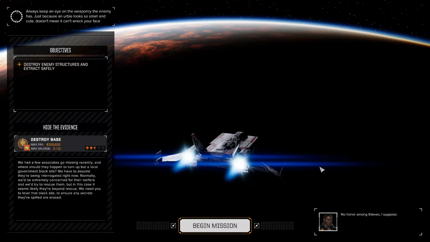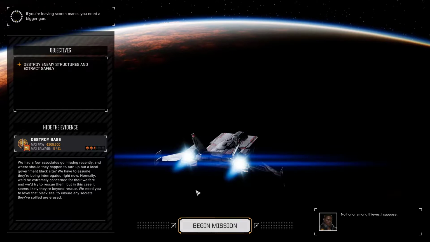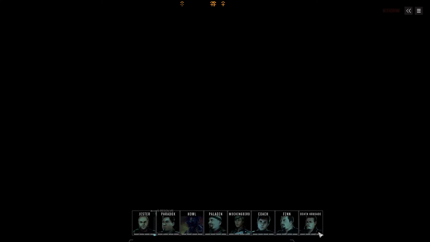We've had a few associates go missing recently, and where should they happen to turn up but a local government black site? We have to assume they're being interrogated right now. Normally, we'd be extremely concerned for their welfare, and we'd try to rescue them, but in this case, it seems that they're likely beyond rescue. We need you to level the black site and to ensure that any secrets spilled are erased. So this will be 5 of 21 priority salvage, 305,600 Seabills at 2.5 skulls,